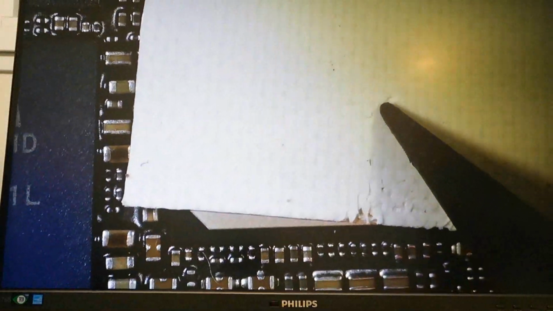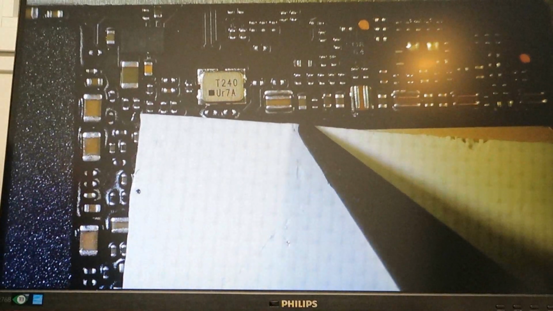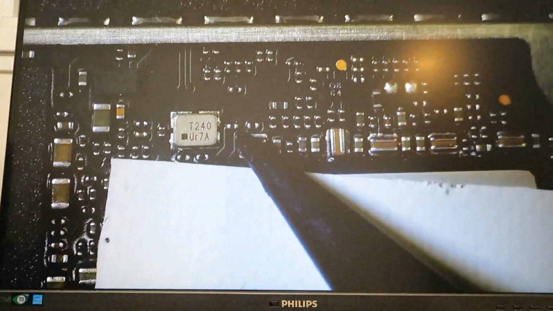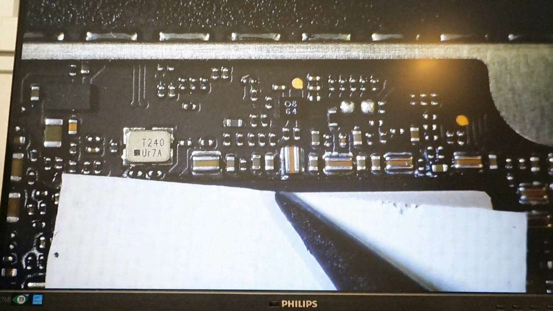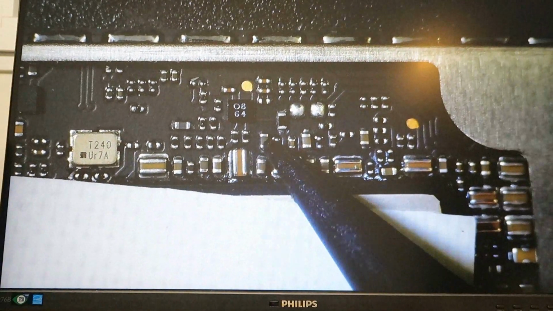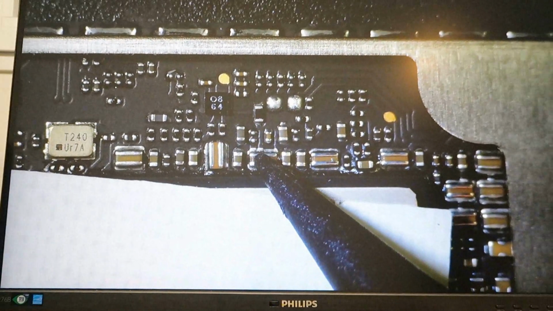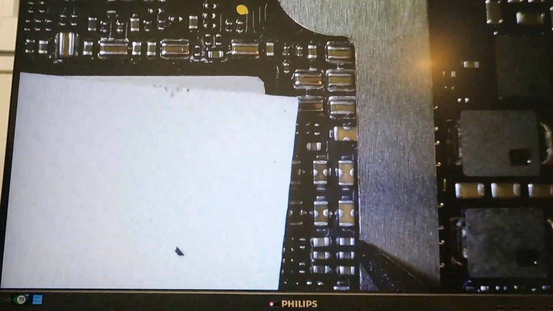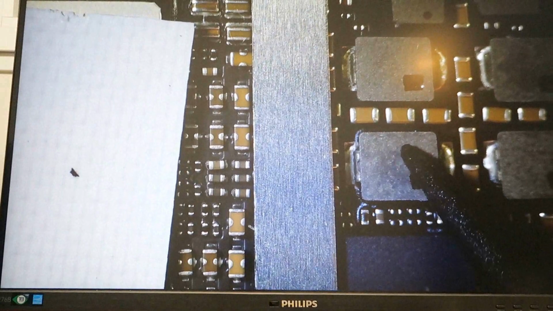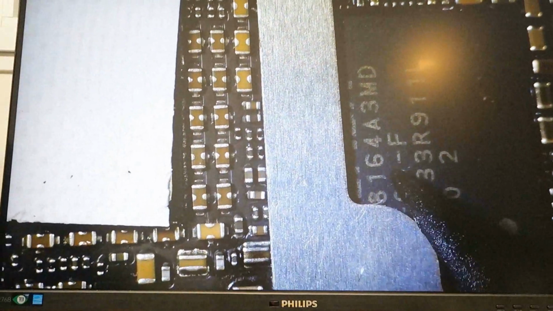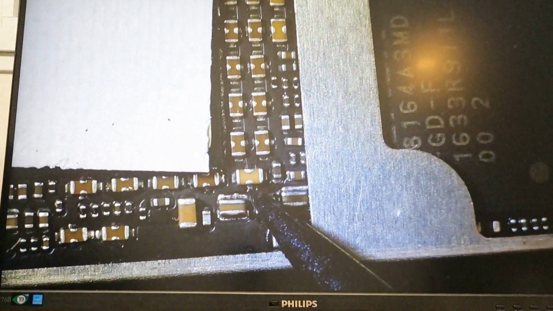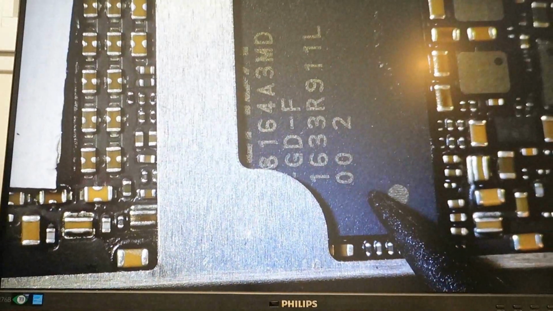Okay, this is one of the main chips because it has some cooling material on it, and I can enable maybe a little more light. This is a crystal. These are filters, usually capacitors as filters, and this is tiny something, probably a MOSFET, and these are, by the way, resistors, all the black ones. These are coils, power coils, okay, and these are filters, usually filter capacitors with 4 pins,